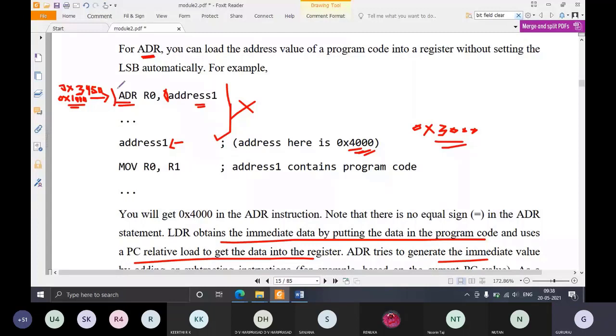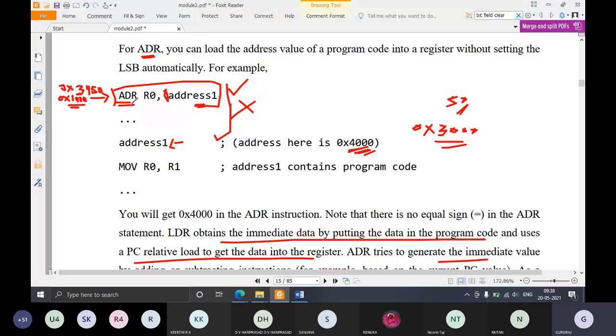And the label address 1 is located at 4000. So this is possible. Why? Because if you take the difference now, 4000 minus 3950, the difference is only 50. So this is a small code. This is possible. In such scenarios, you can use ADR.